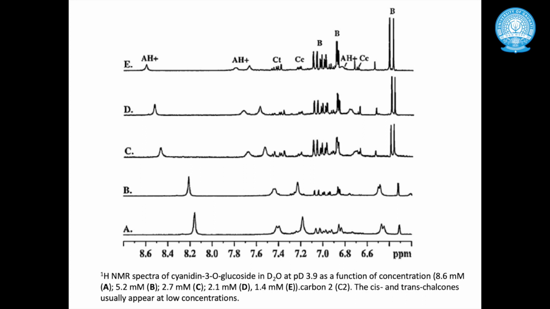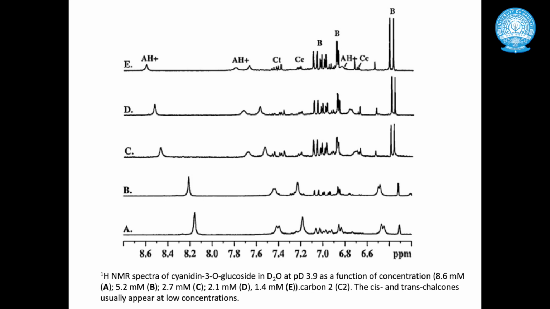So for different concentrations of cyanidin 3-glucoside, spectra have been recorded, and when all these spectra are shown together, they look different, and their clarity also differs. When the concentration increases, the signal intensity also increases, but sometimes some peaks are separated properly, and sometimes